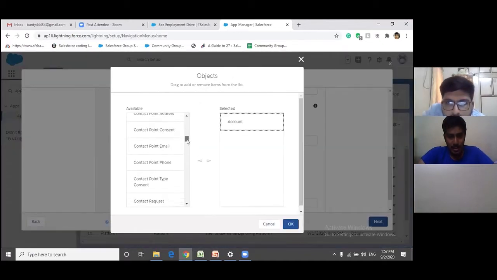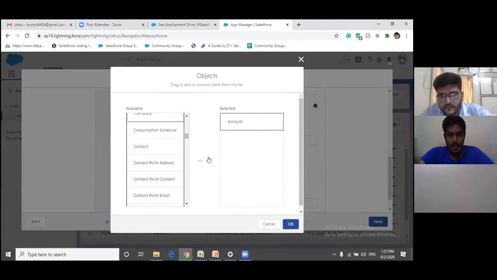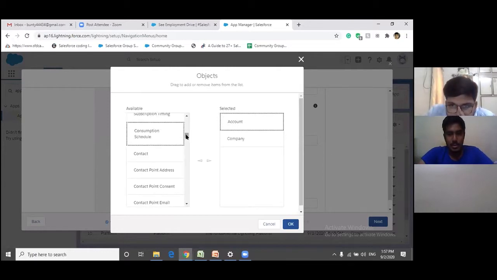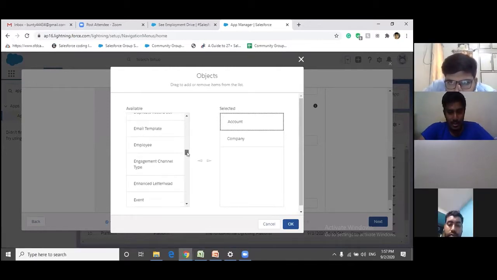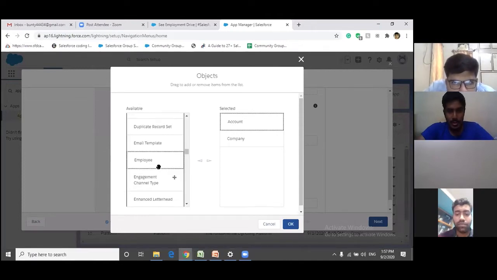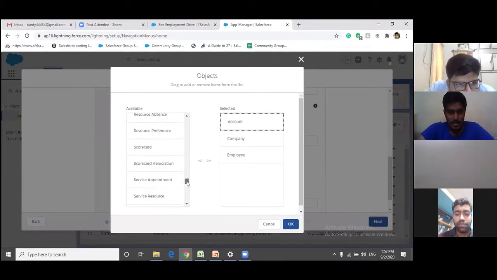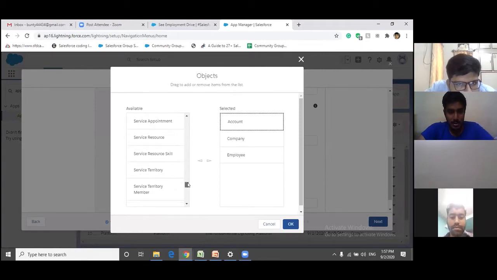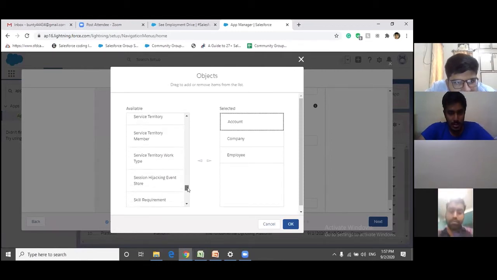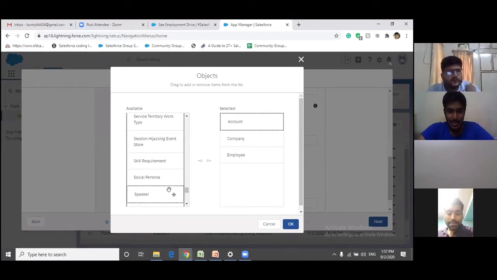Let me navigate to company. Yes, it is the company. I'm clicking this toggle button. Let me go to employees. Here is the employee. I'm clicking the right toggle button to select. And let me go to speakers. Speakers is our third object, right? I wish I could have a search button here, but it is not there. That's why I'm navigating here and there.